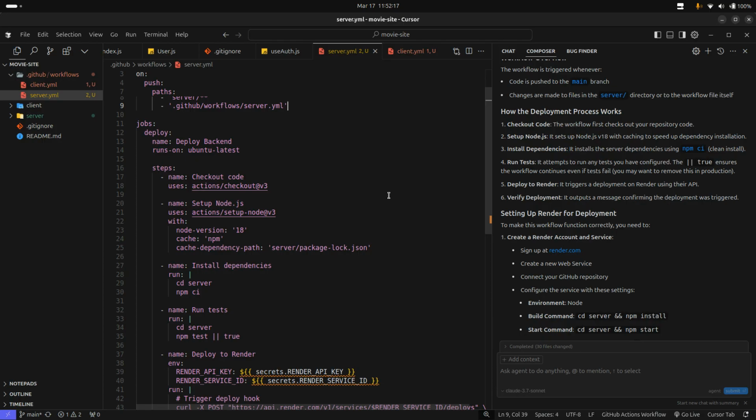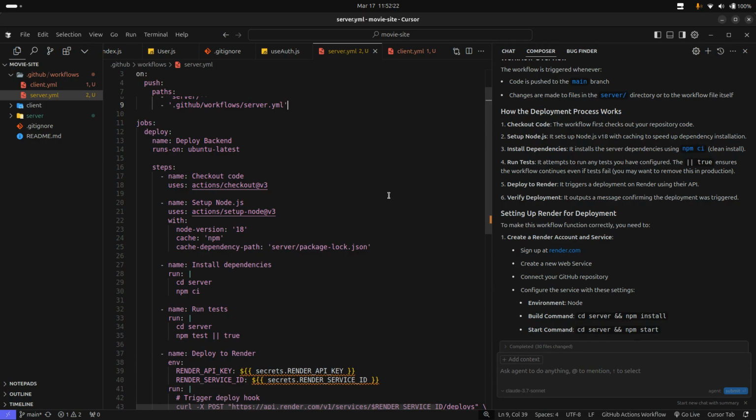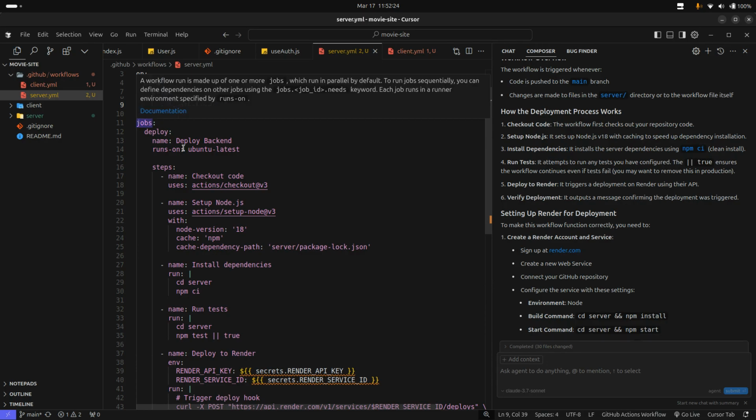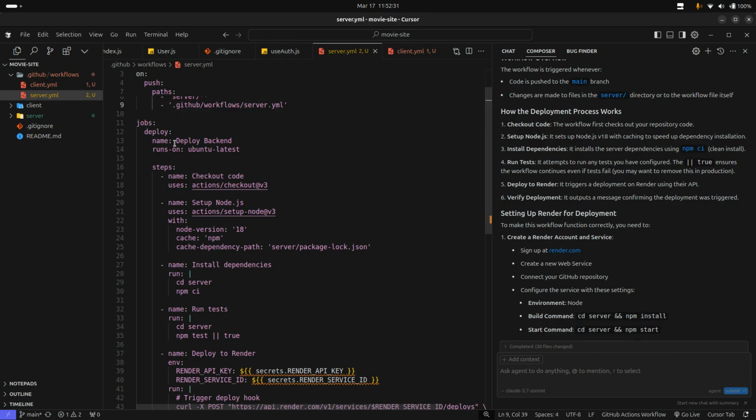These are jobs that are supposed to run. So the kind of job that you are running here is called deploy. You're trying to deploy. That is the job that you're trying to do. So forget about that, but